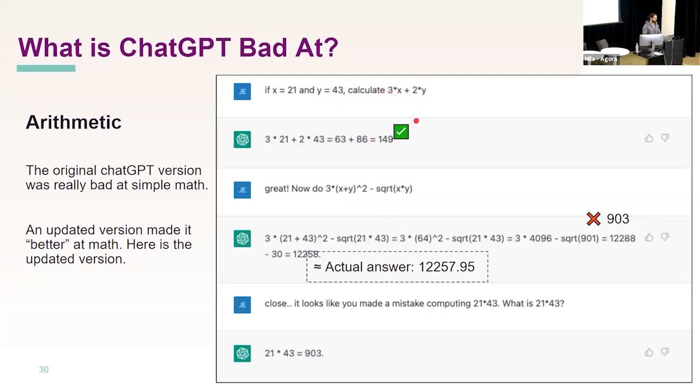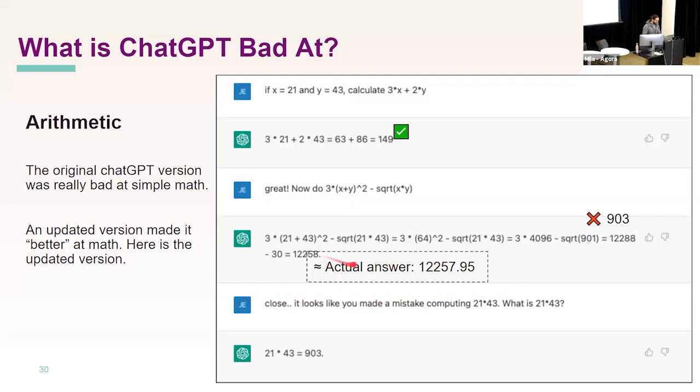Here I tried to push its limits. I obviously didn't go super far, but you could see, for example, if you assign some variables and ask it to calculate a result, it gladly does it. Actually, that's the good response. Now I went for something a little bit more complicated, put some square roots in there, and it almost gets it. It's off here. This multiplication for some reason was off by 2. Not huge, but still a little bit off.